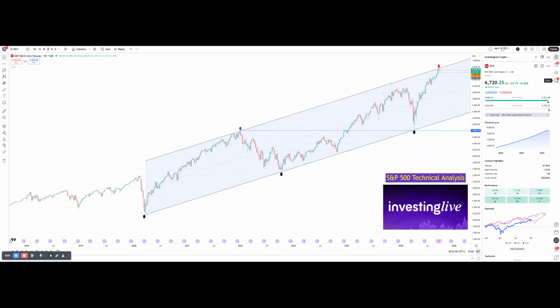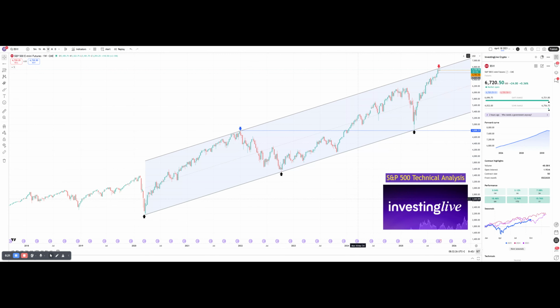Hello, this is an S&P 500 technical analysis. We are on the 29th of September 2025. This is Itai Levitin at investingLive.com, and it's a good opportunity to start with the wider view of the market,